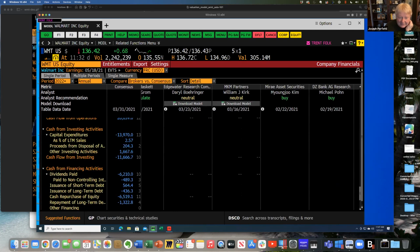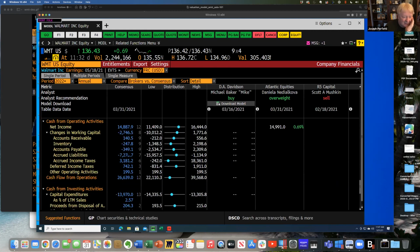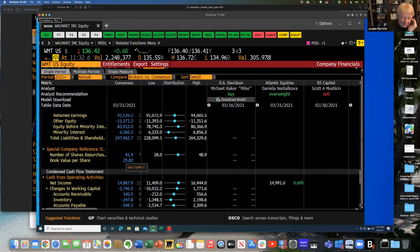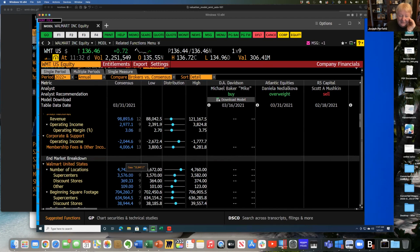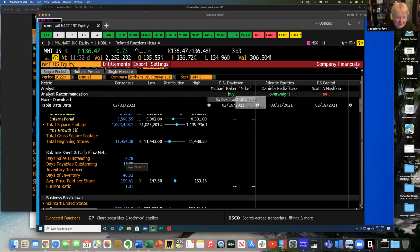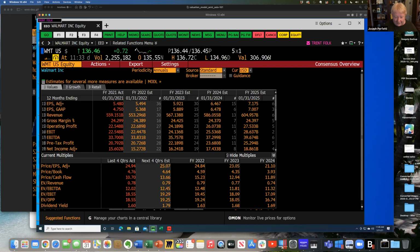So this is the forecast and the overall high, low, and then consensus. So what they're giving us is not just a consensus on revenue, but here's the entire forecasted balance sheet of Walmart, cash flow statement, as well as other items, including some retail data. Okay. So again, this is where Bloomberg is trying to go next, and they're trying to get more analysts to kind of follow this format for companies, right? And again, while we're in this transitionary period, we're going to just keep it simple and start with all of these, then lead to EEO, which is Bloomberg aggregates these models, averages them, wisdom of the crowd average creates the